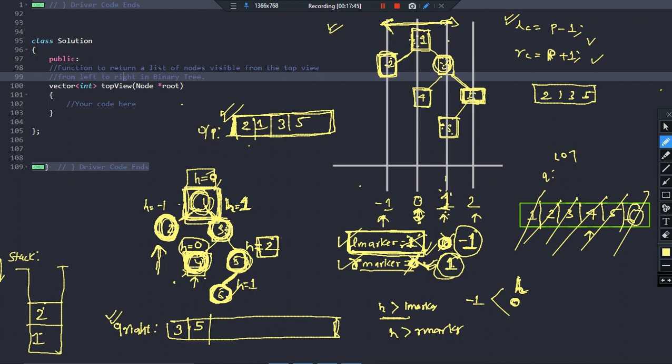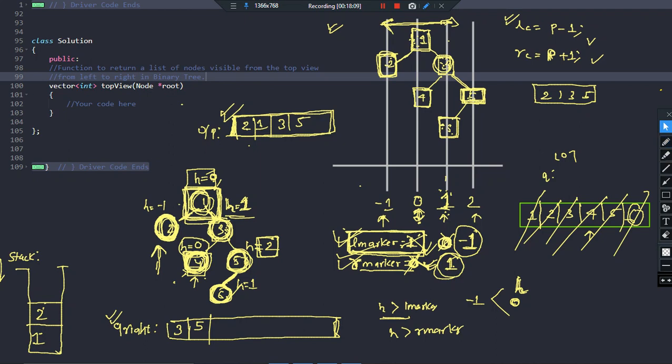So I hope you will not get any trouble in understanding the working of whatever I will be implementing. Please remember, I am going to use 3 things: a left marker, right marker and the point h. So left marker, right marker and the value of h. These 3 things will help me to solve this particular problem. Alright, so let us now quickly jump into the discussion of this problem.